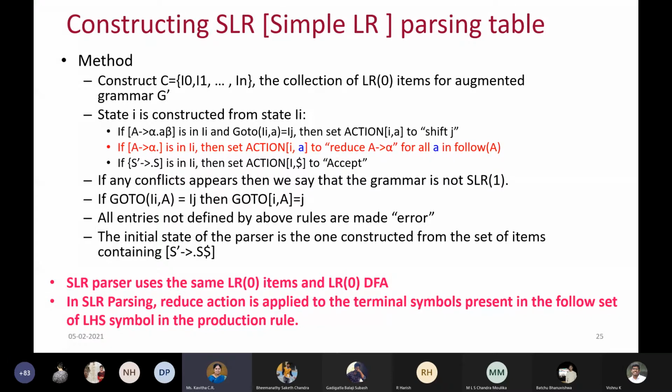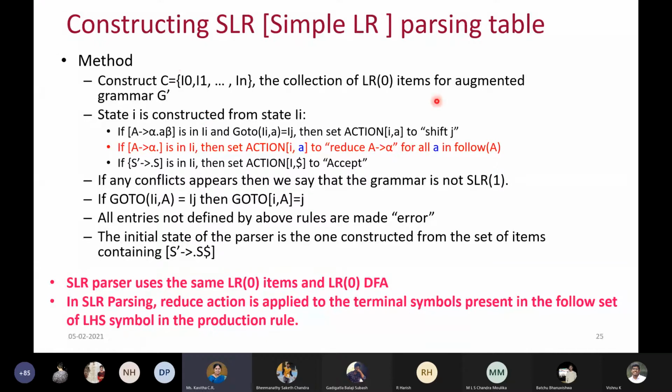Otherwise, the shift action is the same, accept also works similarly, and the error state will also be the same. Only thing is that we have an improved version of LR(0) parsing. That's it. So here also we are going to construct a DFA in the same way, or you can reuse the same DFA whatever you have created.